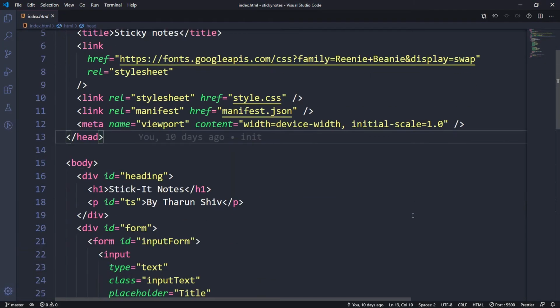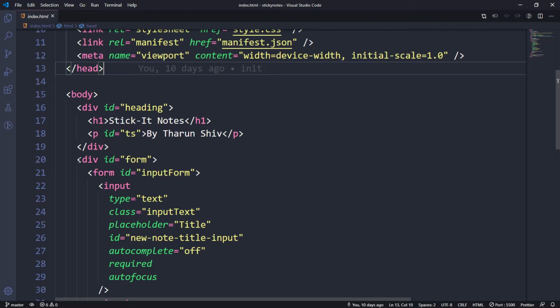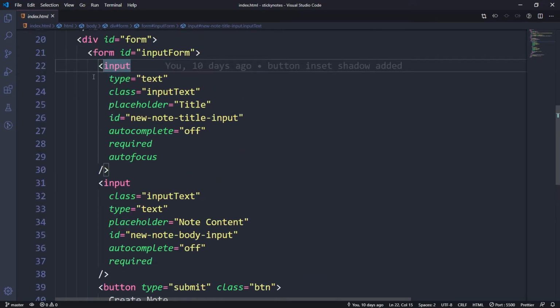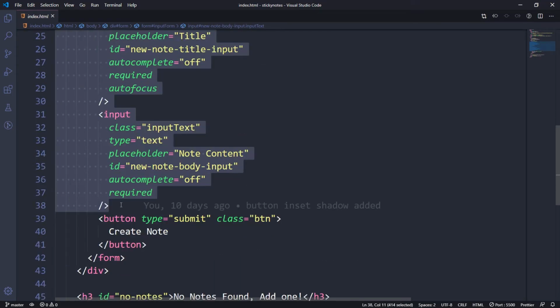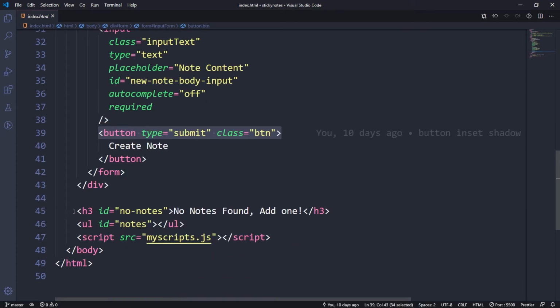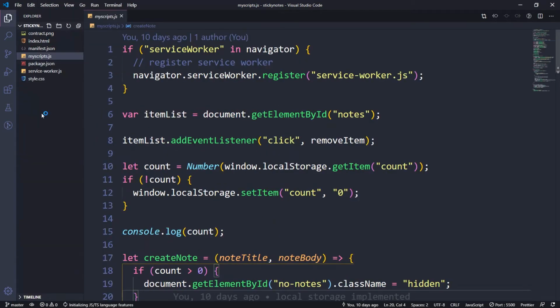So this is our code, and as usual, if you are new to this tutorial, jumping directly into this tutorial, then you might want to look at this code. So we have a div, another div within which we have a form, and this form consists of a couple of input buttons and input tags, and then you have a button to create the note. So we have h3 and you have ul, and the notes which we create are gonna go within